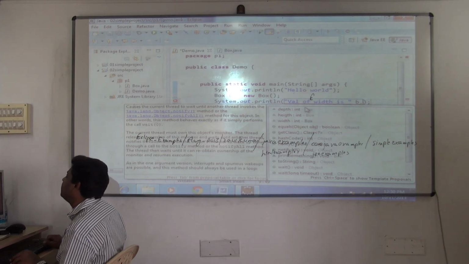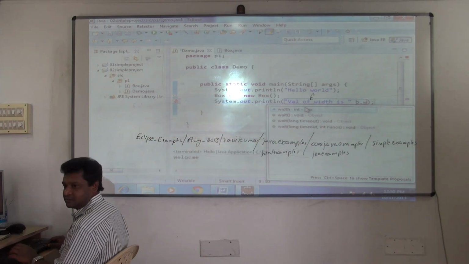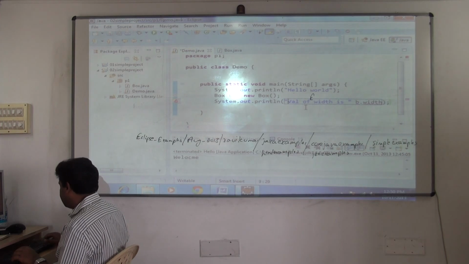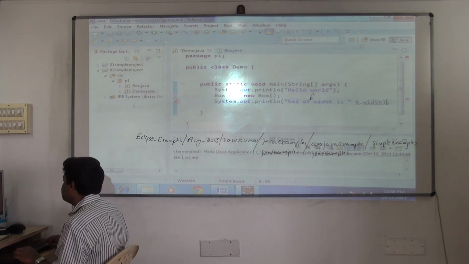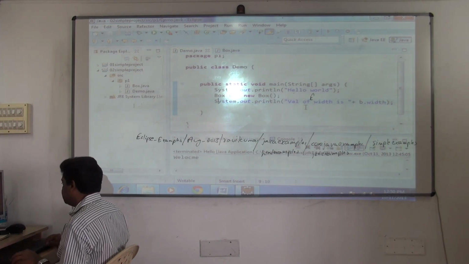So which is the member I want? Width. No, simply type W. Automatically it will shortlist. Width. Okay. Then next, System.out.println. This error is reported, plus you have to do B dot width. Similarly,